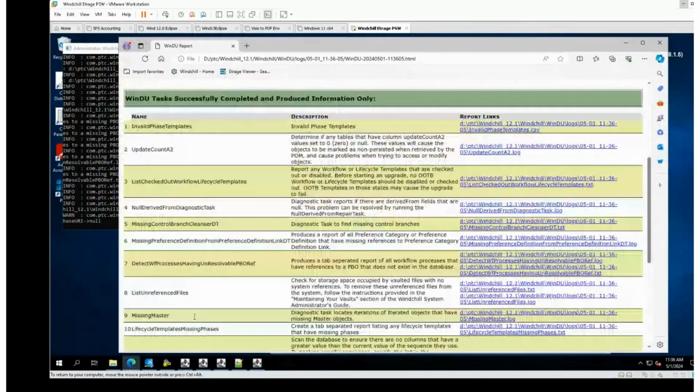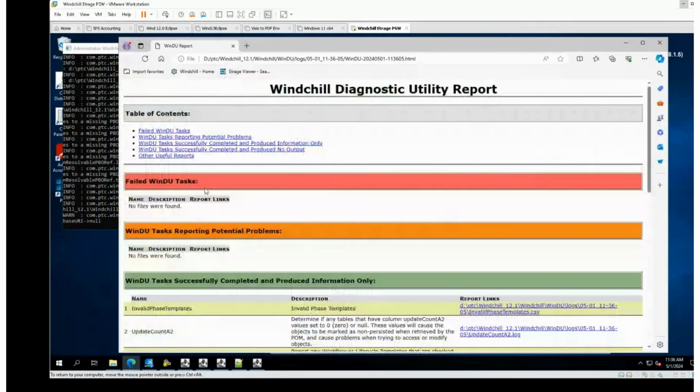And you might have failed window tasks. I don't have any, but the task itself failed for some reason, and you want to definitely address it. In many cases, I've run across failed window tasks, and they're very closely documented in the PTC knowledge base. So you just get some sort of a clear text, or it might be a Java exception or a database exception, and just look it up, and they'll tell you either ignore it,